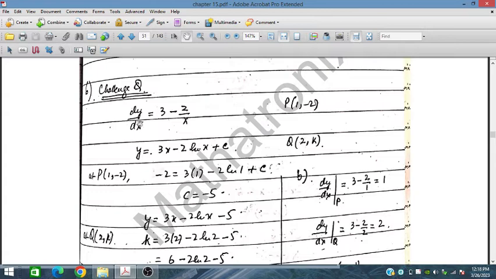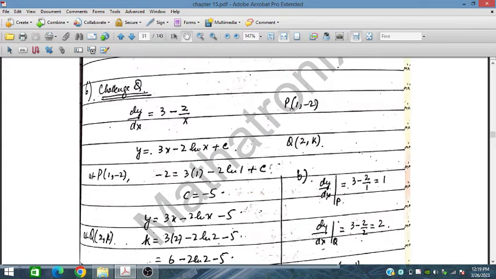So dy by dx is the given gradient of the curve, and this point lies on the curve. So the curve of this gradient is given as this. So integrating, we have 3x minus 2 ln x plus c, and since this point lies